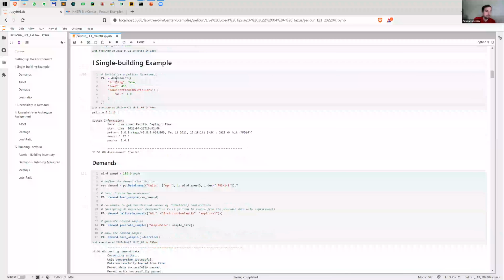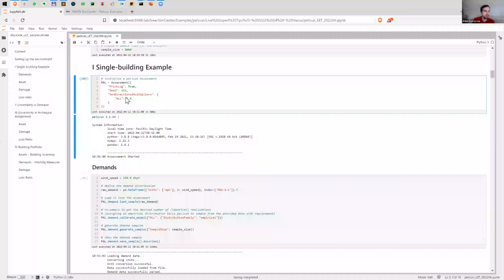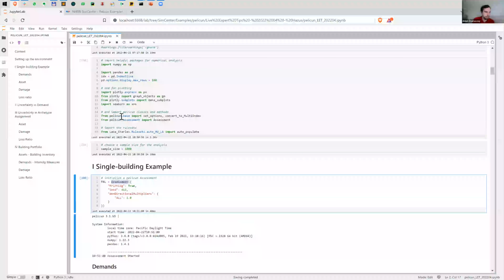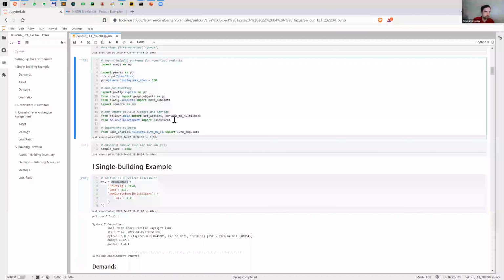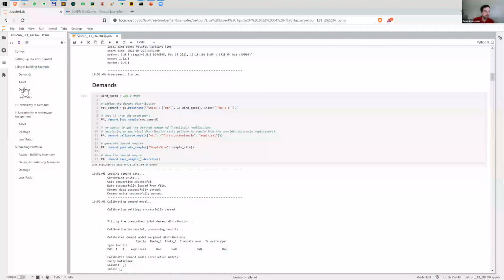And then the calculation starts with initializing a Pelicun assessment. This assessment is imported from Pelicun here. Okay, so you start an assessment, and then there are 4 steps: demands, asset information, damage calculation, and loss ratios